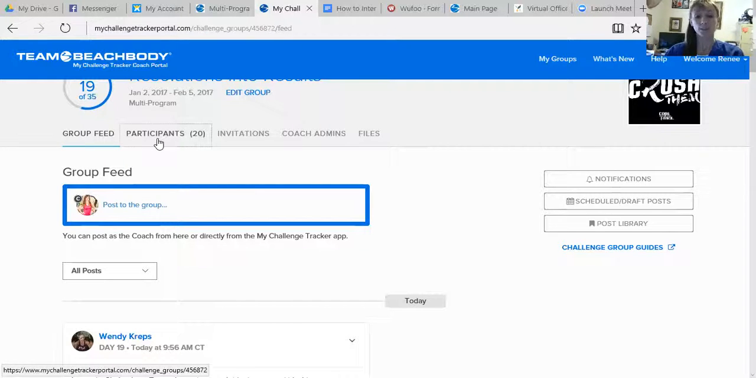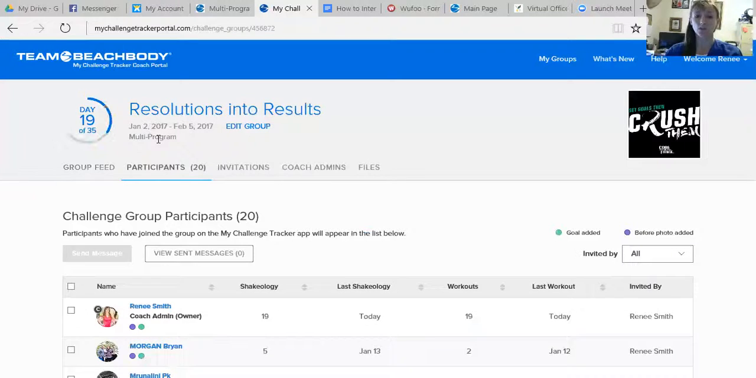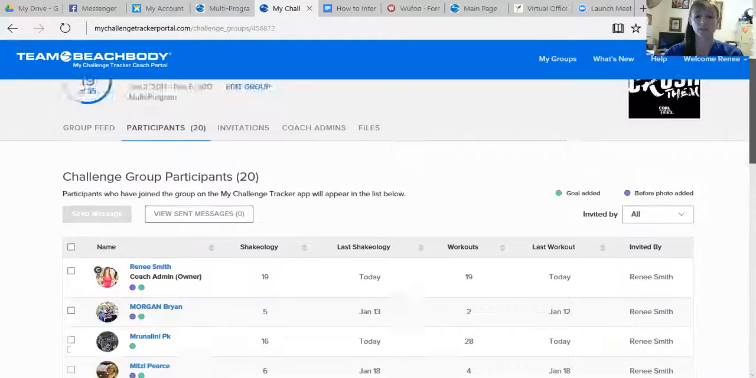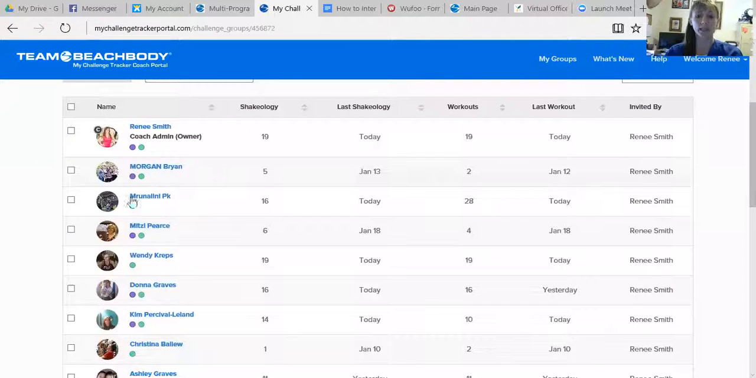If you hit this participants tab there, and I'm not sure if you can see everybody in y'all's view. This is the admin view, so you may just be able to see you in your view. I'm not exactly sure what you can see there, but when you go to that participants, you'll be able to see here your name, your Shakeology, how many you've done, when you last posted, and all that across there. And if you actually go into you, which I'm going into me,